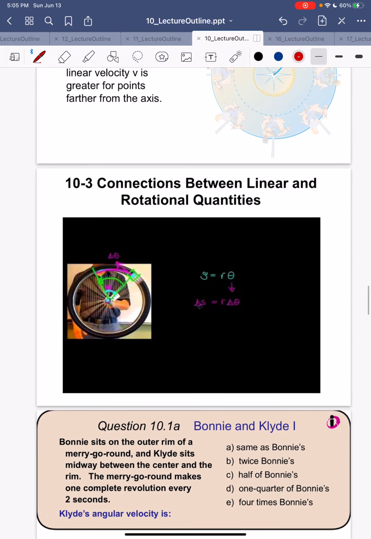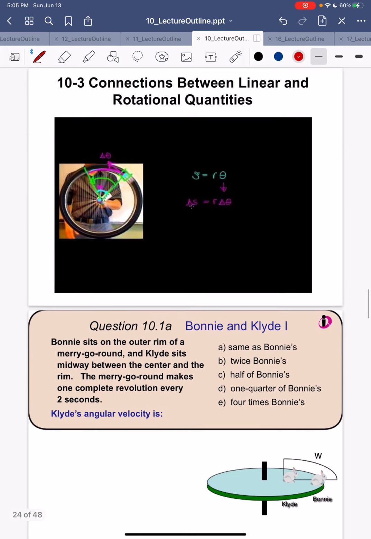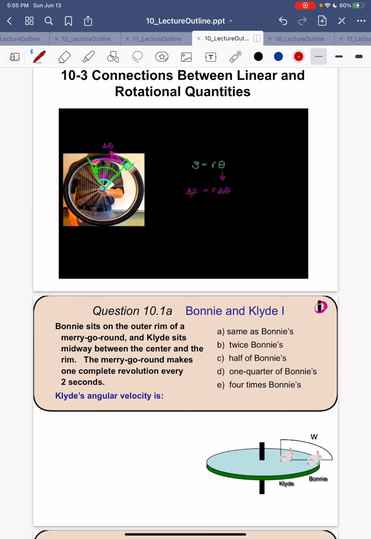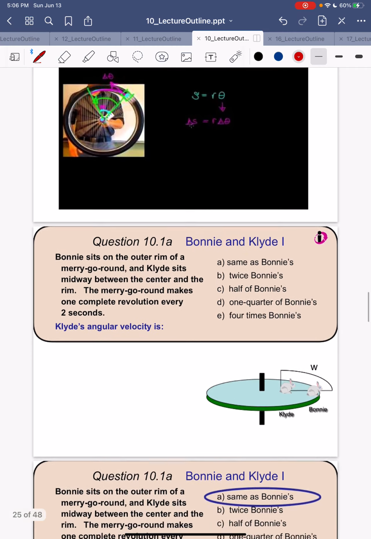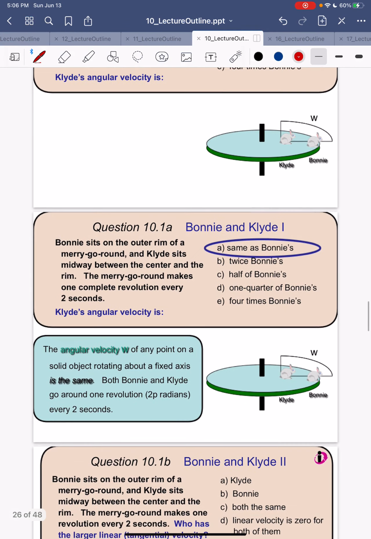Okay, this is one of the relations, and we can apply it on this example here. Bonnie sits on the outer rim of a merry-go-round, and Clyde sits midway between the center and the rim. The merry-go-round makes one complete revolution every 2 seconds, and we can conclude here that Clyde's angular velocity is of course the same as Bonnie's, because we are talking about how many revolutions are made per